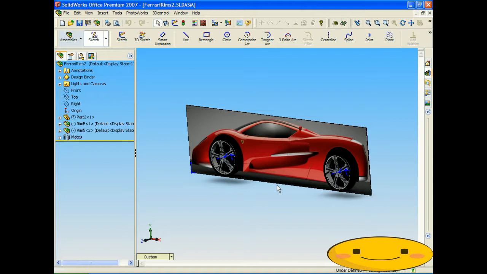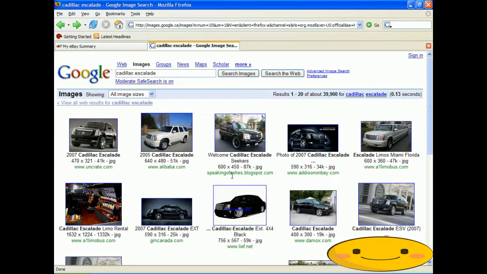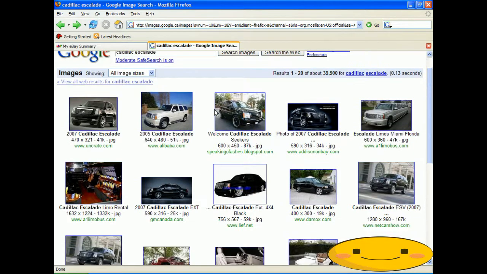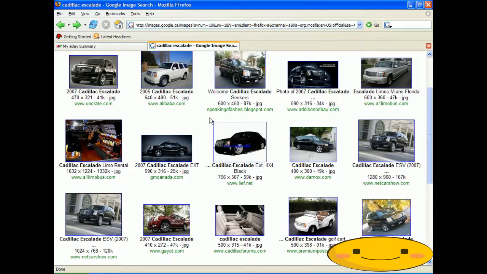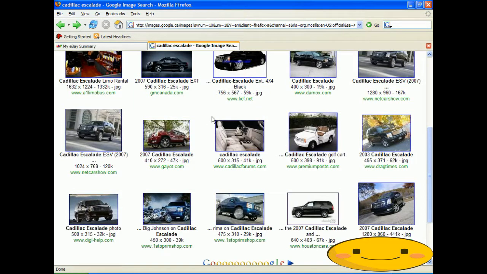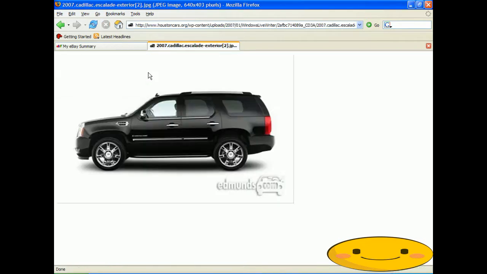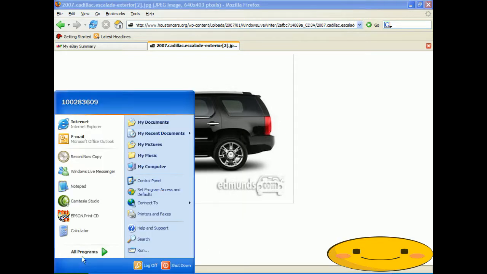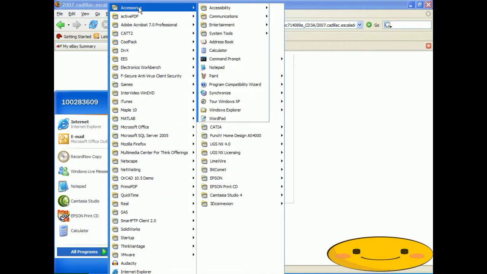So what we're going to do is go search for an image, and I've already done it. I've already searched for Cadillac Escalade. When you're looking for the image of whatever car it is, you want to get a side profile of the car. In this instance, the image that I want to use is this one here. Let's pull it up, and it's a side profile. So it's perfect for what we want, because in SolidWorks when we're putting in the tires, we want the side profile. So we're going to copy this image, and we're going to open up